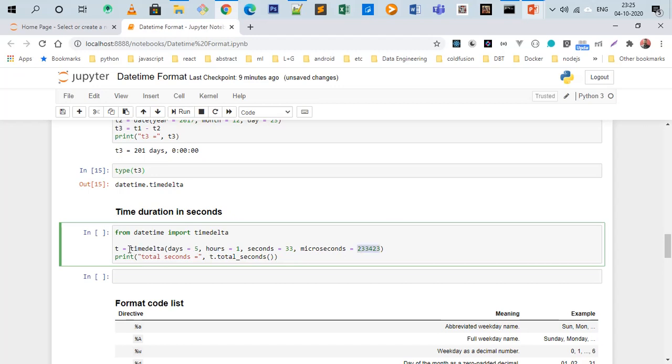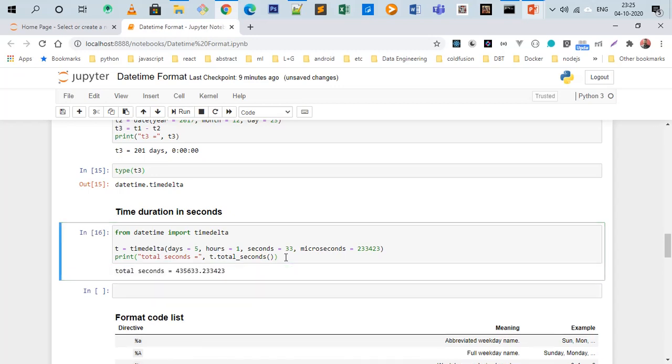And we want to convert this timedelta instance, or difference of two dates, into seconds. So these are the number of seconds: 4,35,633.233423 seconds.